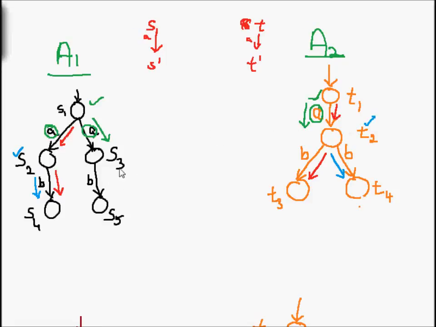For two systems to exhibit the same behavior, all the states should satisfy the bisimulation relation. So I should check the bisimulation relation for S3 also. So let me consider S3. S3 makes a B transition to S5. T2 makes a